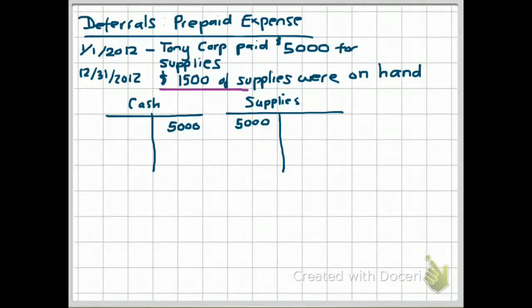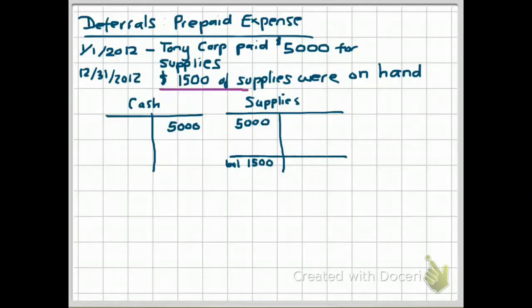That $1,500 of supplies left is the ending balance of your supplies account. So you started off with $5,000 of supplies, you ended up with $1,500 worth of supplies. What happened to the balance? During the year, those supplies got used up. But whenever somebody walked into the supply closet and picked up a ream of paper or picked up pencils, picked up pens, those did not get recorded in the books of accounting as the supplies that were used up,